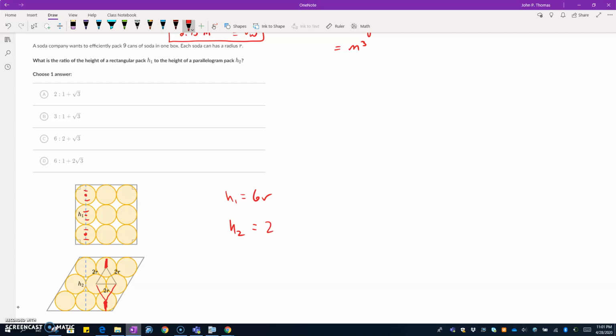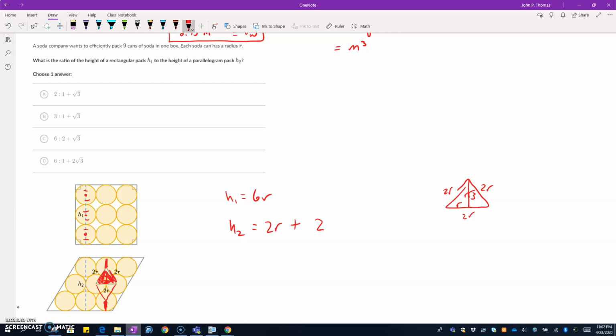All right, so I'm going to do 2r for that, plus now I need to add on 2 of the height of one of these red triangles. So when I look at that red triangle, and I'm going to pull that off to the side here, I know that I've got 2r on each side. I know that this is an equilateral triangle because this side would be 2r as well. So if I cut it in half, I have a 30, 60, 90, and I have r and